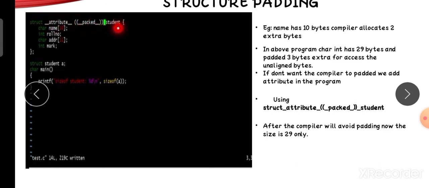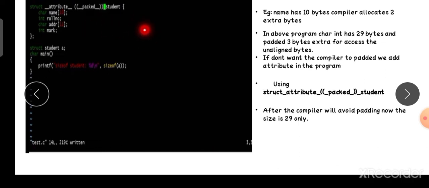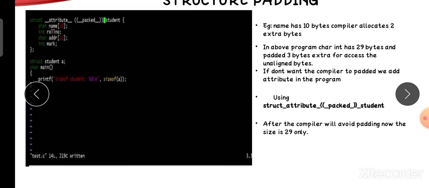The structure attribute packed is used to avoid the padding. Avoiding padding means only 29 bytes are occupied. With padding, 32 bytes are occupied because it converts all unaligned access to aligned access and then gives us the output. This is padding.